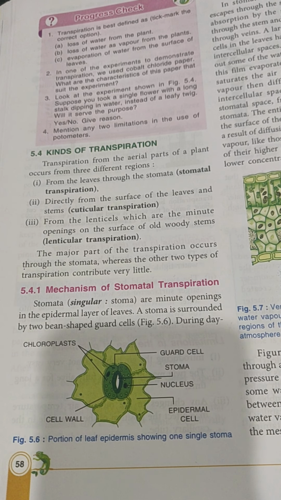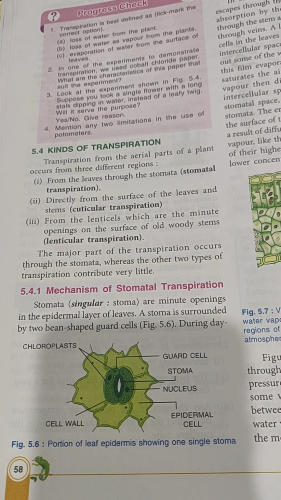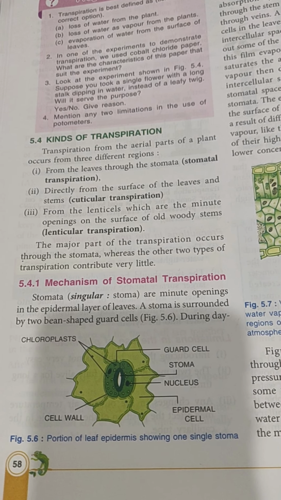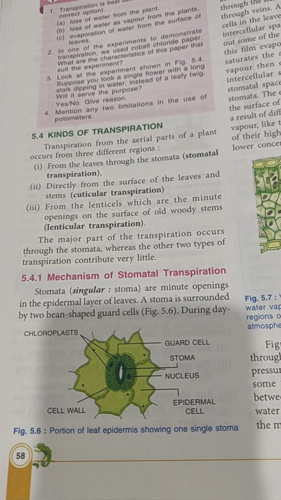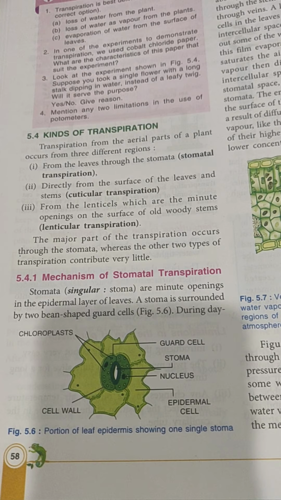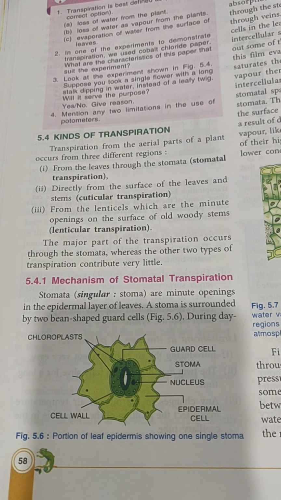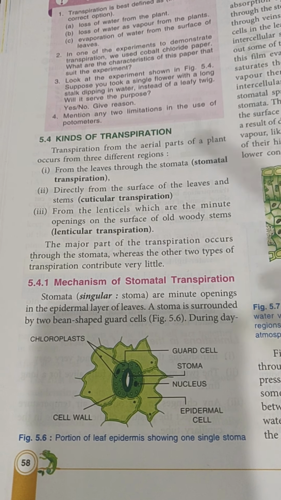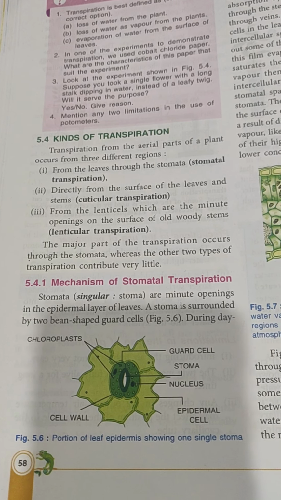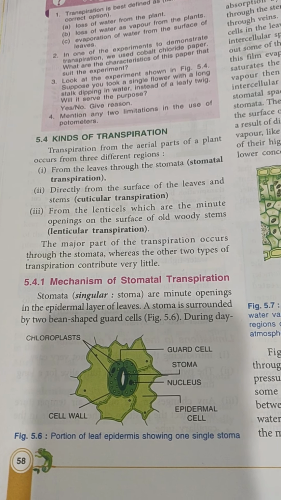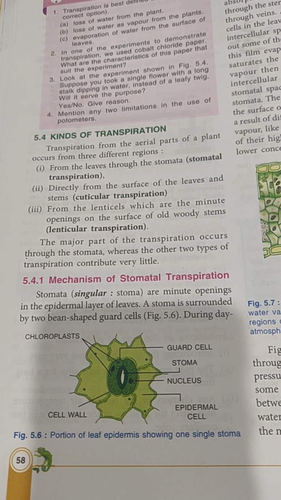Greetings everyone. Today we'll talk about kinds of transpiration. Now we already know that transpiration is a process of water loss. Now that water loss takes place in the form of water vapor, and that loss takes place from the aerial parts of a plant. Now based on from which aerial part transpiration is taking place, it is of three different